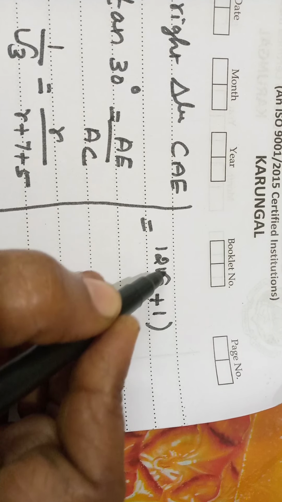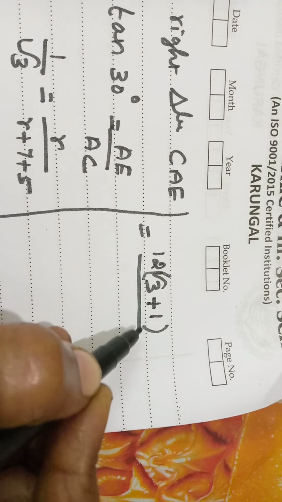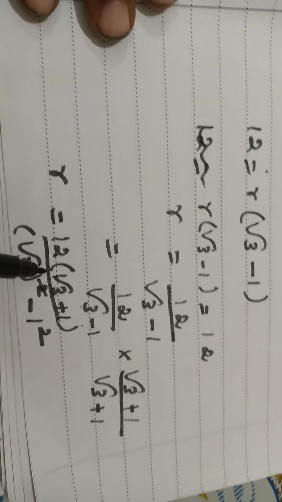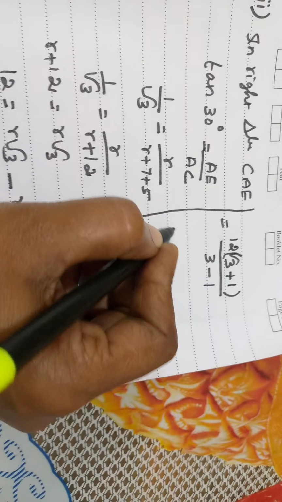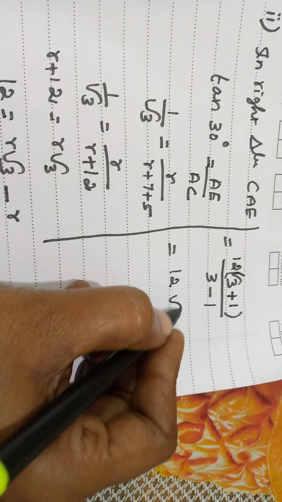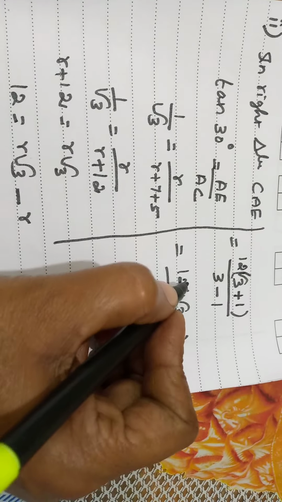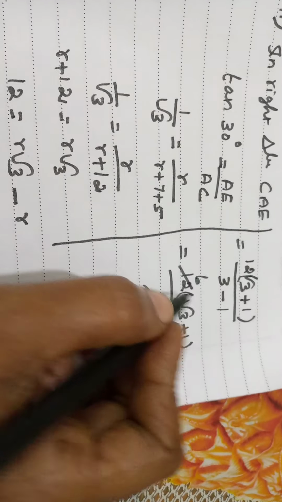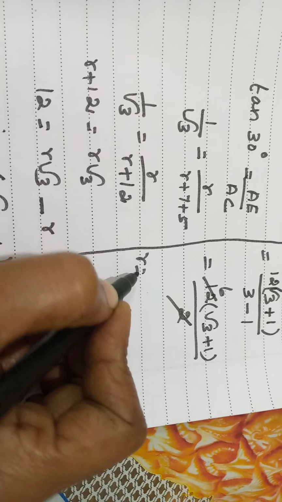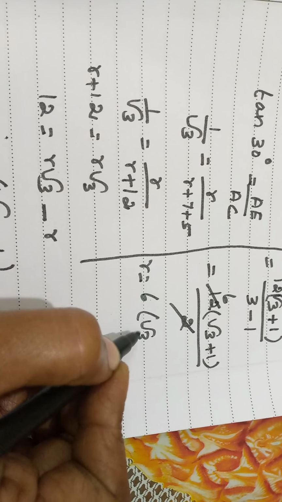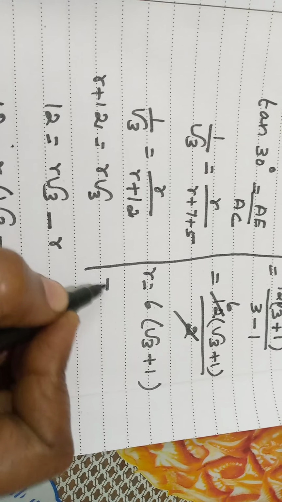Okay, denominator let us simplify. Root 3 the whole square is here. Square and square root can be cancelled. 3 minus 1 square is 1. Okay. Which is equal to 12 into root 3 plus 1 by 3 minus 1 is 2. It can be cancelled. 6 2s are 12. So R is equal to 6 into root 3 plus 1,